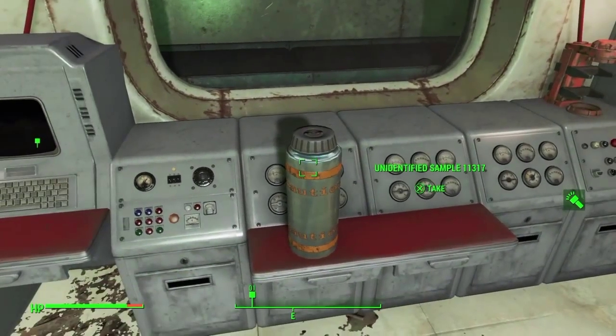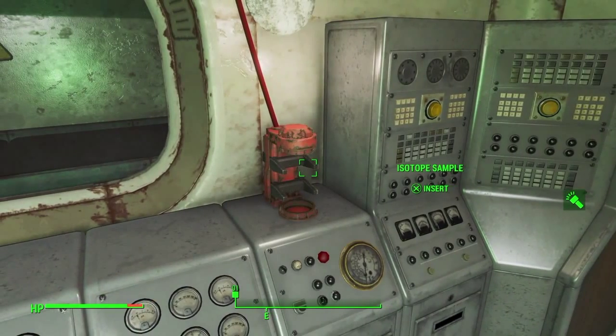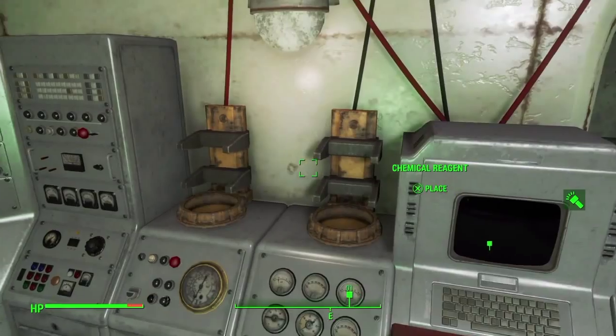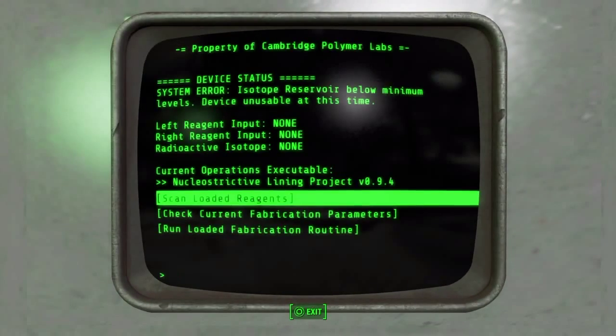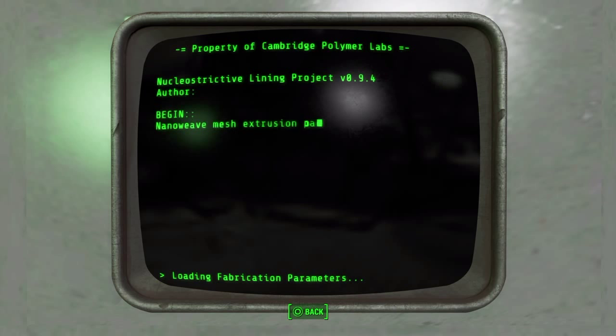So this is the computer, and that's what the chemical reagents look like. So you want to collect all those, and you put the isotope there, and you put the chemical reagents there. So once you find all the chemical reagents, you put them into the proper slots,